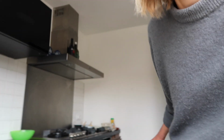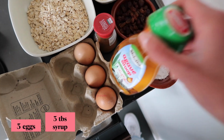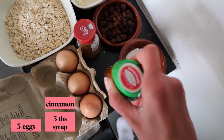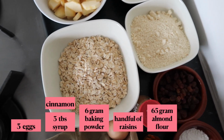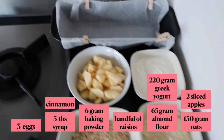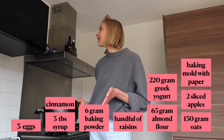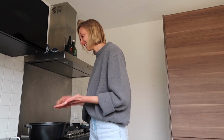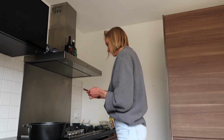So I just love to put them already in the bowls. You need 3 eggs, a little bit of syrup, cinnamon, baking powder, raisins, almond flour, oats, apples, Greek yogurt, and a baking mold. Okay, so let's get started. We need a big bowl, but I don't have a big bowl anymore. It's broken, so I'm gonna use a big pan to put all the ingredients in. So the first step is...